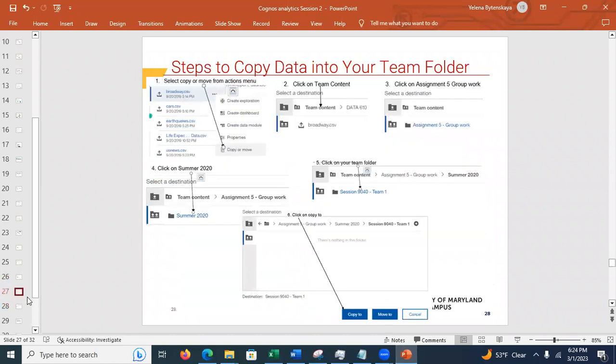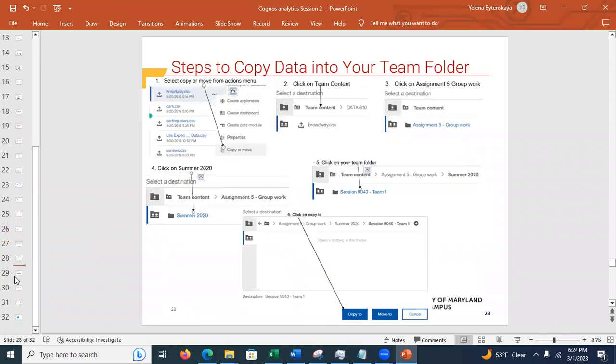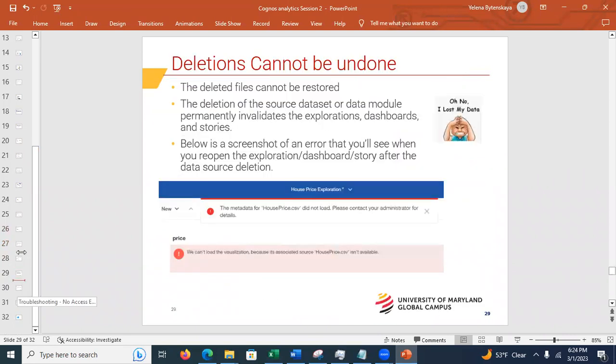There is also a video that shows the steps for this, right? Steps to copy the data, etc. Now remember this, deletions cannot be done because you don't want to be this guy in the picture who lost everything. This is a screenshot of an error that you're going to get if you delete the, well, see here,